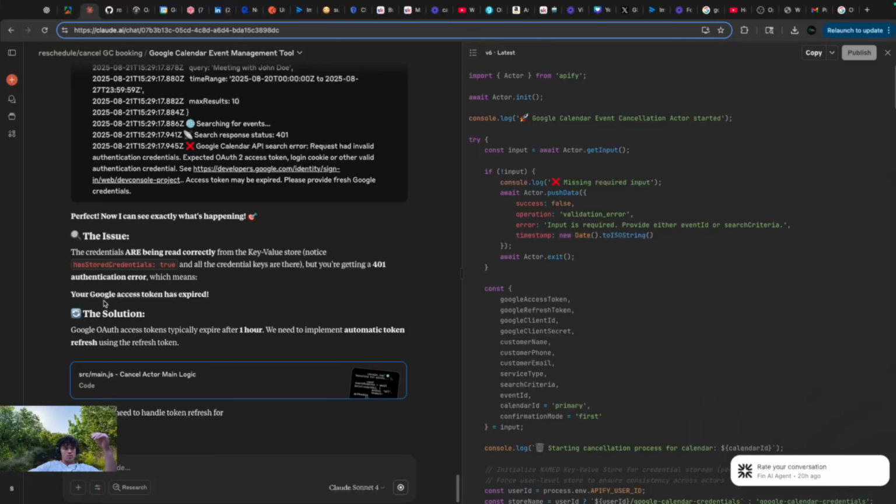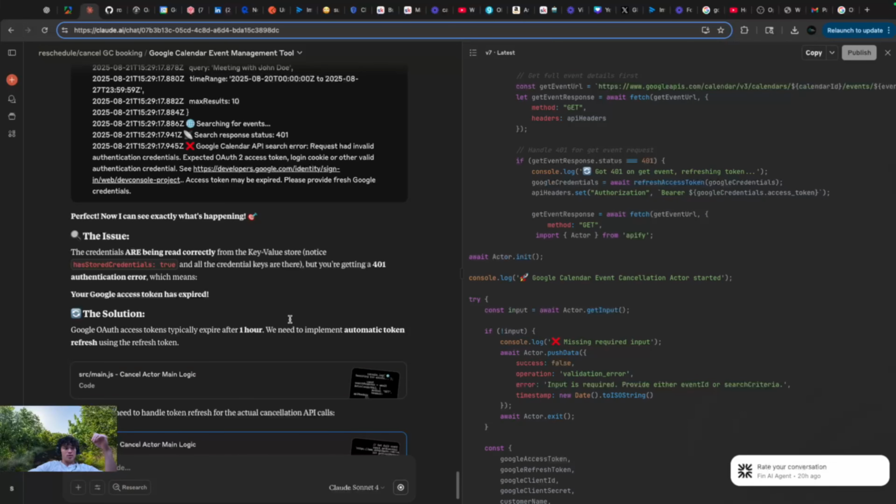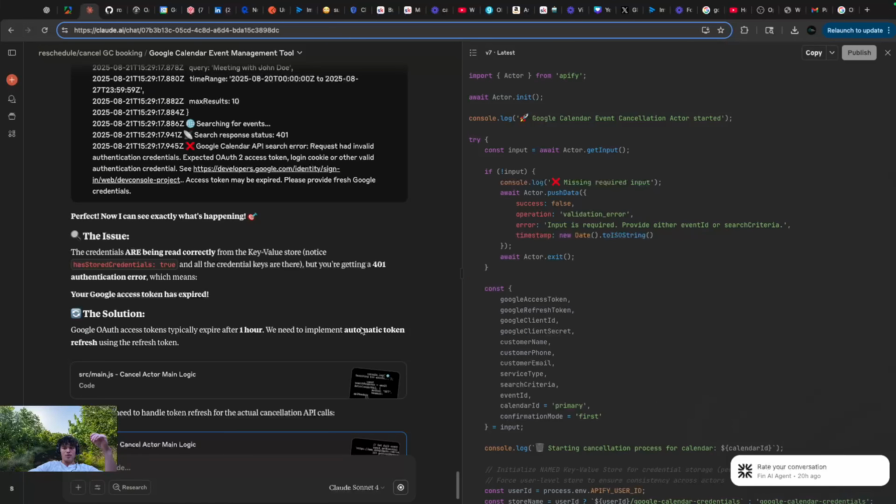Bro, what? Yes. I don't understand, because we do have automatic token refresh in there. That doesn't make a whole lot of sense. Maybe it's not in the code. That might be what it is. Because although we have it, technically, like, we require it in the code, the rest of the code might not recognize and adapt to that. If that makes sense. That probably doesn't make a whole lot of sense, but